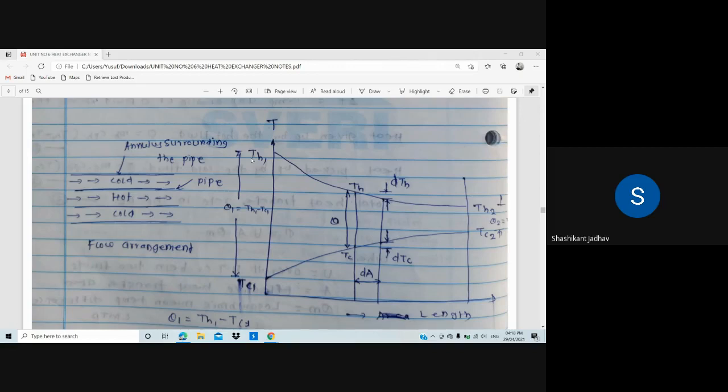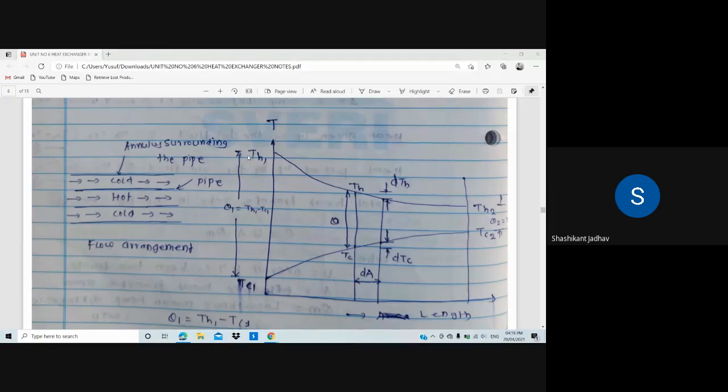So because of that we feel that there are 3 pipes, but actually there are only 2 pipes. At the center there is one pipe, and at its surroundings there is one pipe. If you cut the pipe through the middle, what will you see? It will look like 3 pipes of this type. Okay, so actually there are 2 pipes. In the central pipe there is hot fluid, and whatever pipe is at the periphery of that particular pipe, there is cold fluid. Okay, so all of you draw this diagram.